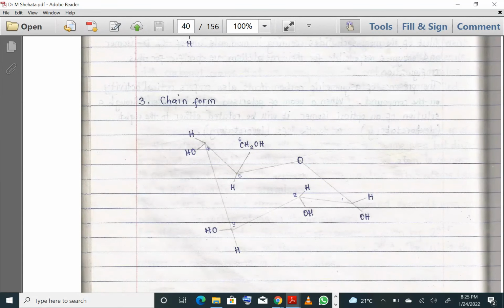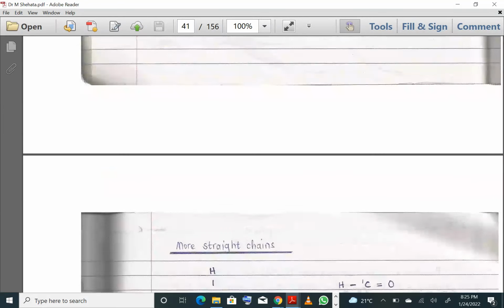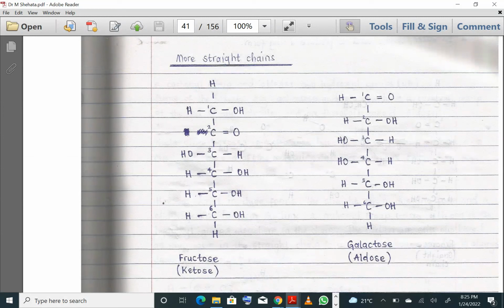So when it comes to the concept of the chair form, we'll deal much more with it when we do organic chemistry in chemistry. So again, here these are examples of more straight chains. So you see that's fructose and that's galactose. So now again here, just by looking at these straight chains, you should be able to tell